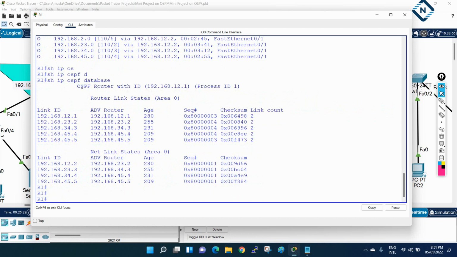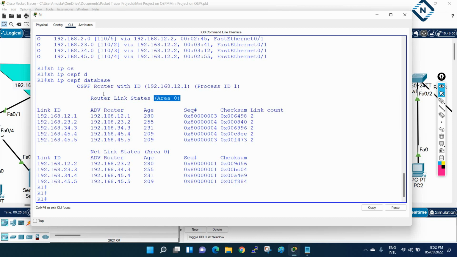If you see, this is the OSPF router ID, automatically taken, and this is a process ID, and this is an LSA. If you know CCNP, ENCOR, there we are going to discuss the LSA in detail: LSA1, LSA2, LSA3. So now just remember, this is a link state, and area 0 is showing.